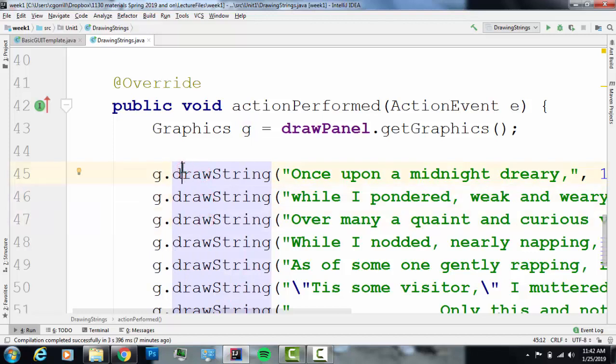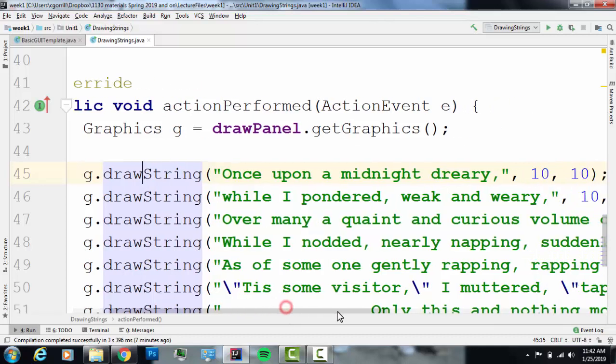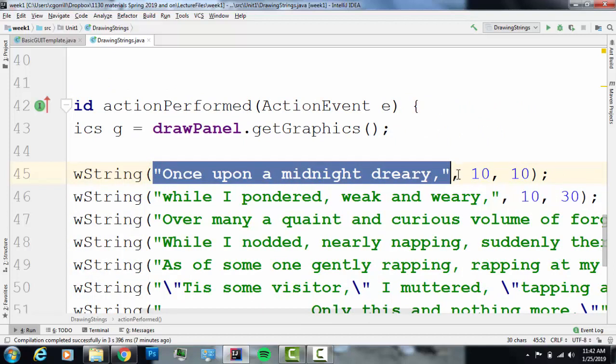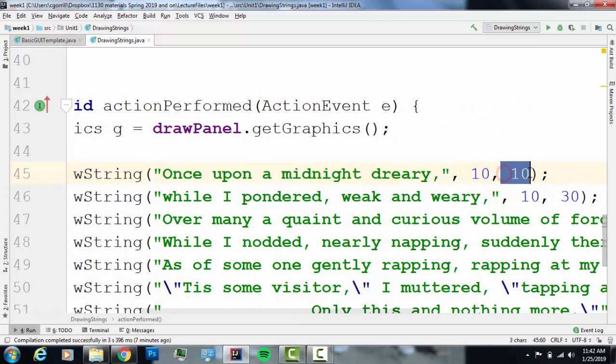So the way objects work is they're living, breathing code that you can modify the way they're behaving through methods. We've seen that in other areas. I'm going to call the drawString method on this g object. I'm going to call it, what is that, about 8 times to print out my poem. drawString is going to take in 3 arguments. It's going to take in a string literal, an int, and an int. The first int is going to be the